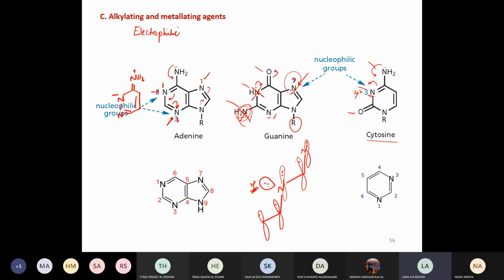رح نشوف later on بس نحكي عن most of the alkylating agents. يعني صح الادينين ممكن يصير على 1 و 3 بالسيتوسين ممكن يصير على 3 لكن the one that experimentally has been seen to be mostly alkylated by alkylating agents اللي هي nitrogen number 7. ممكن electronically ما يكون له نفس مثلا خلينا نحكي الالكترون density اللي موجوده على نيتروجين نمبر 1 ولا على نيتروجين نمبر 3 في الادينين لكن nitrogen number 7 in guanine is not involved in hydrogen bonding when pairing with the other nucleic base وstrictly مش كثير hindered. عشان هيك هي mostly available to interact with alkylating agents.